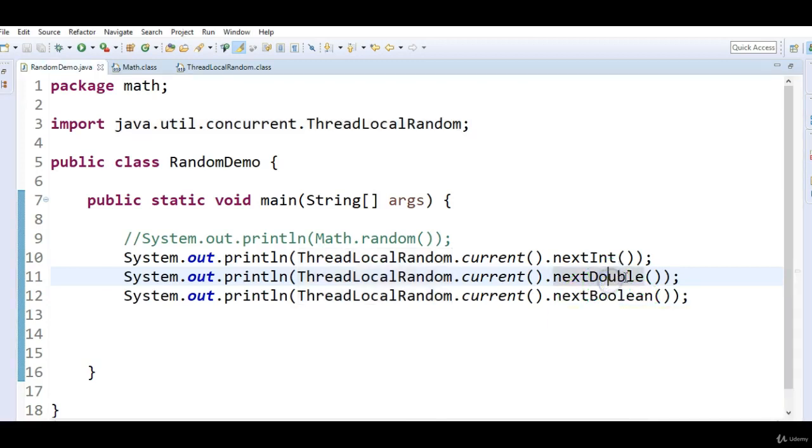Okay, so it returns a pseudo random boolean value. It returns a pseudo random double value. It returns a pseudo random int value. So these are the important methods used in the ThreadLocalRandom class. So this is the second method. Now we'll see the third method by using